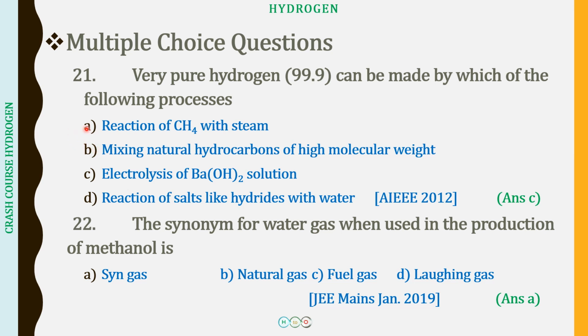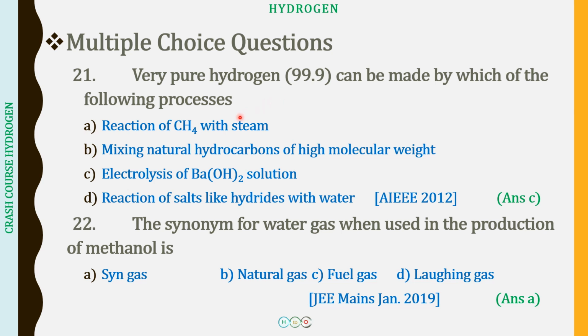And the reaction of methane with steam is something again very important, which is one of the most frequently used reactions for the preparation of hydrogen on the industrial level, right? This is called the Bosch process. In this process, when methane reacts with steam at a very high temperature, we will be getting a mixture of carbon monoxide and hydrogen. You will get the reactions on the next question. Okay, so just listen, then we will be revising with the reactions again.